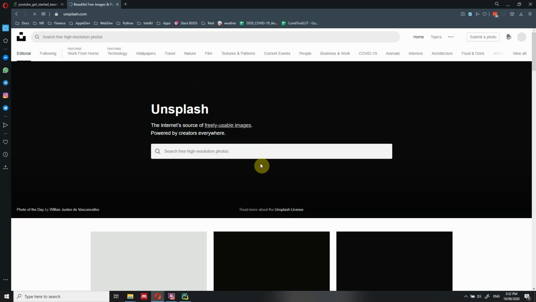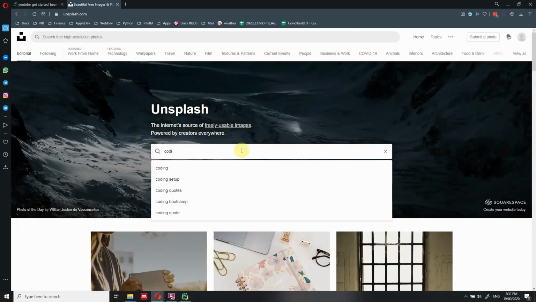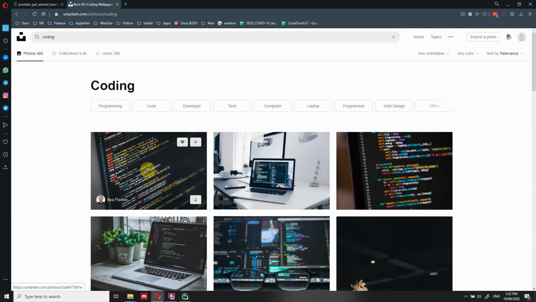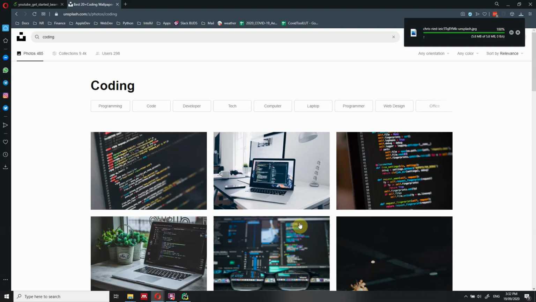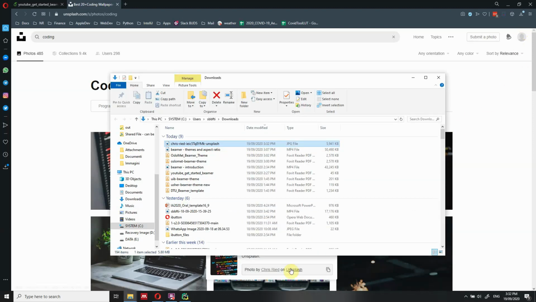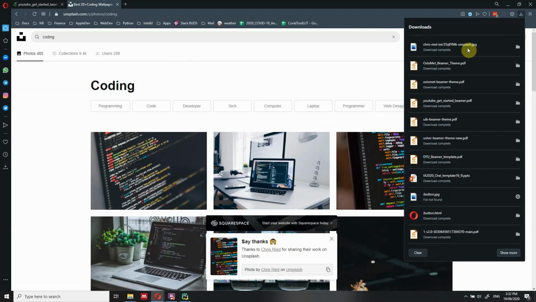Unsplash is a very nice website because you can get a lot of free pictures, and they are actually very beautiful. So we're going to select this one, and of course, if you use their picture, it's nice to put a reference and thank them. So we are going to download this picture, which we have downloaded here.